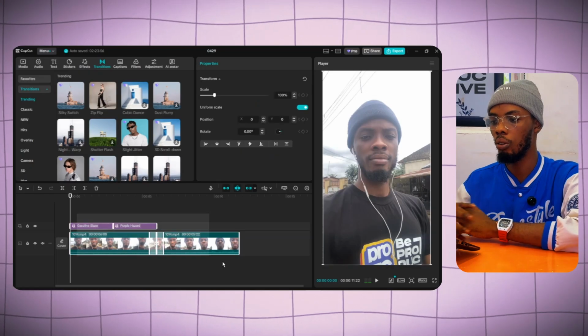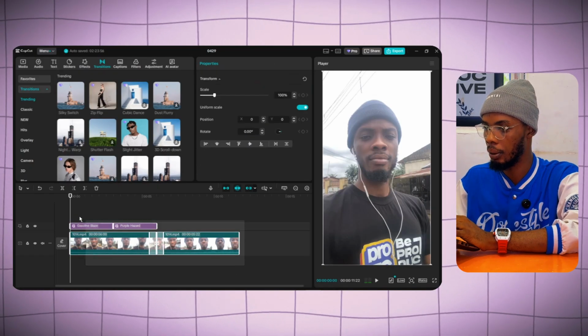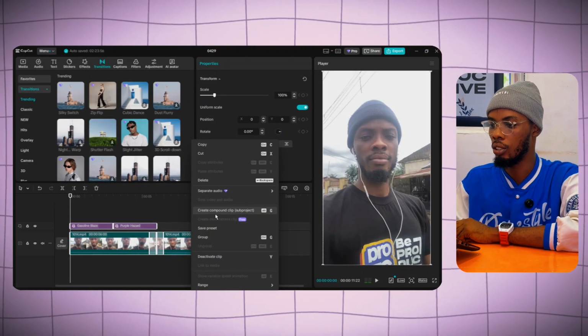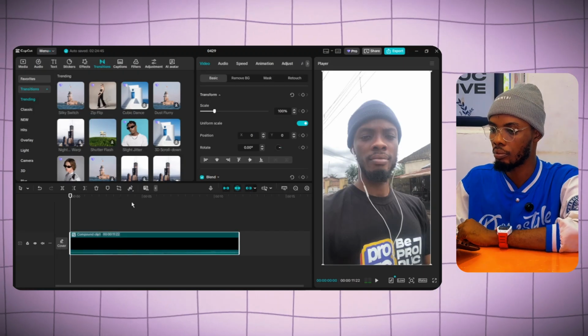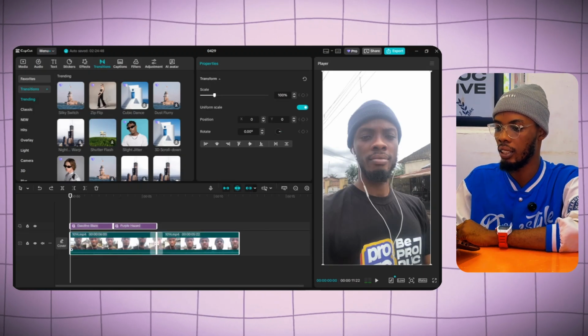So the next thing that I'm going to be doing is I'm going to create a compound clip, right? I'm going to clip all the elements right here. I'm going to create a compound clip. You can press Alt G, or you can just do it manually like I just did. And when you have that,